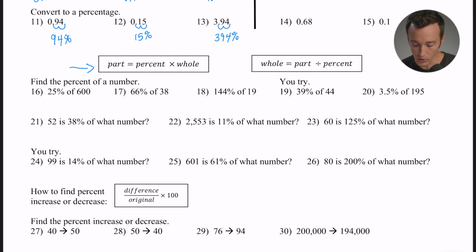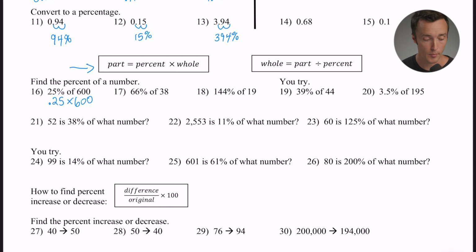They are going to ask us to solve for the part, and they're going to give us the percentage and the whole number itself. So look at number 16, it says, what is 25% of 600? They want to know what that part would be if you took 25% of the whole number 600, and it couldn't be easier. All you have to do is multiply the percent times the whole. So let's take 25% in its decimal form, 0.25, and multiply it times the whole number,